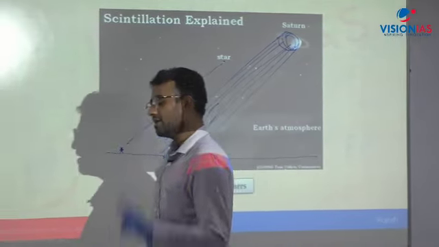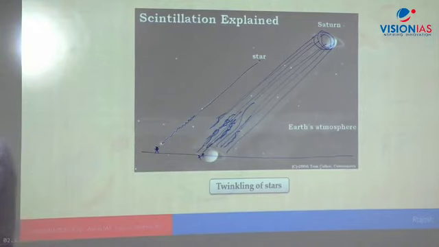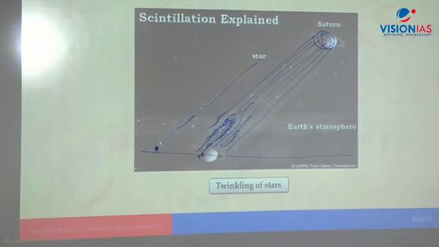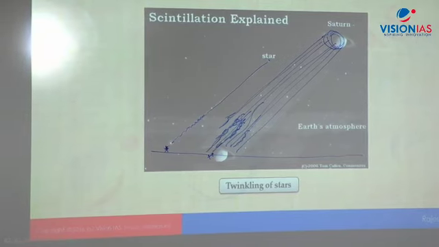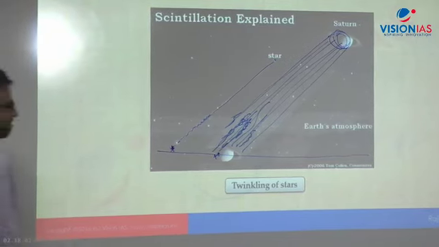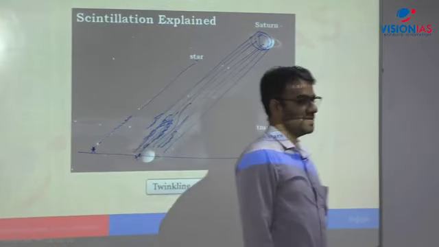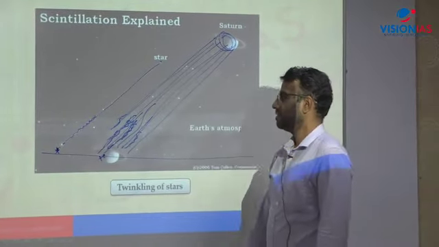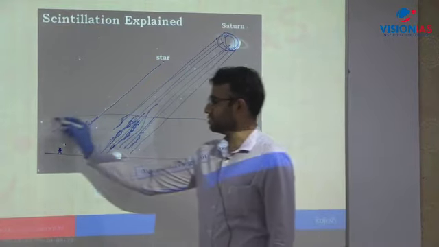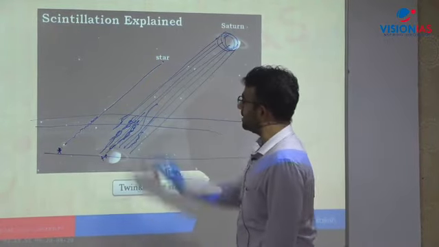So that's why none of the planetary bodies in the solar system, that is all other planets, all other satellites, do not twinkle, but the stars always twinkle. So basically it's because of the atmosphere. So that means